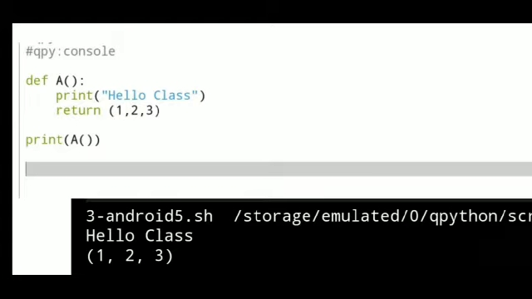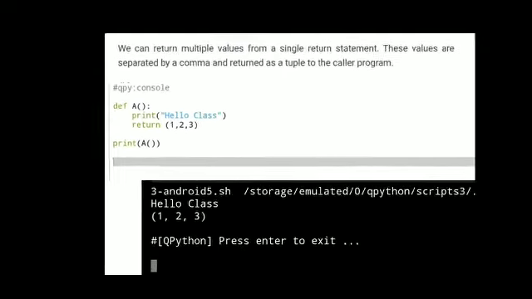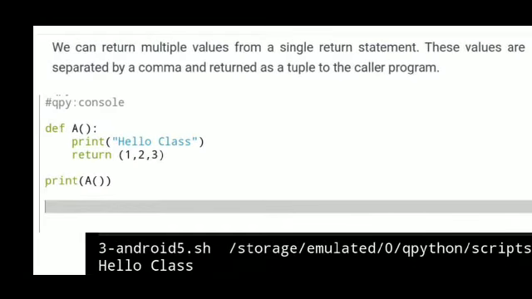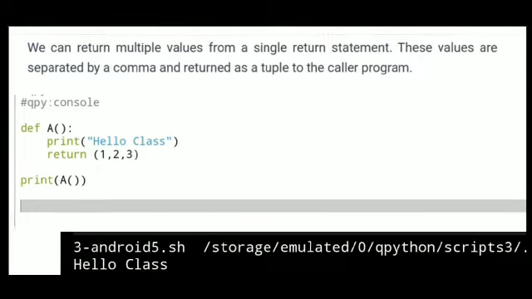And when we are calling the function, you can see the output hello class 1 2 3 is displayed on the output screen. That means we can return multiple values from a single return statement. These values are separated by commas and returned as a tuple to the caller program.